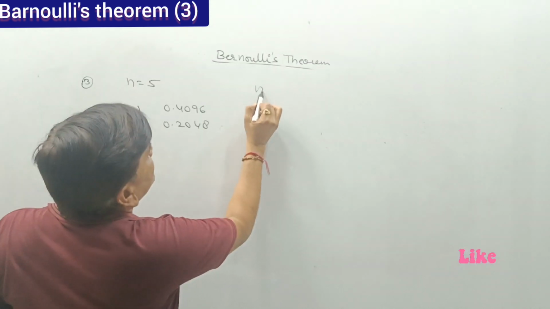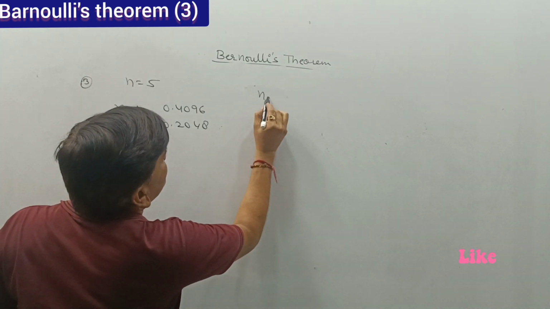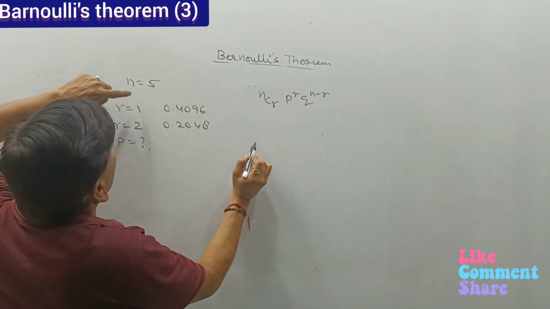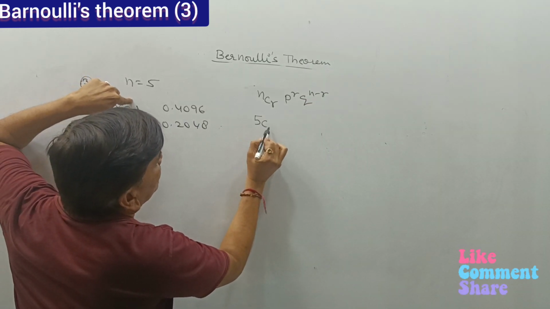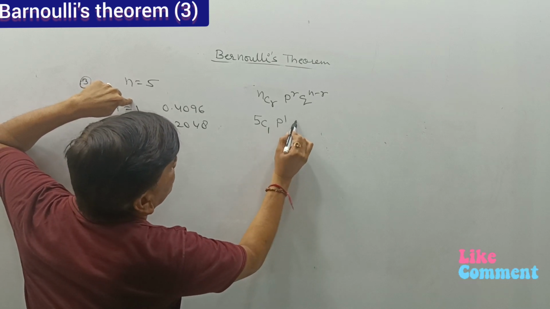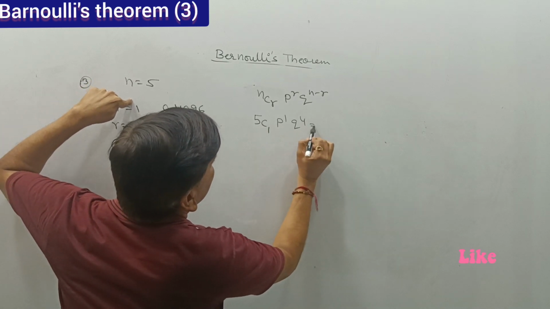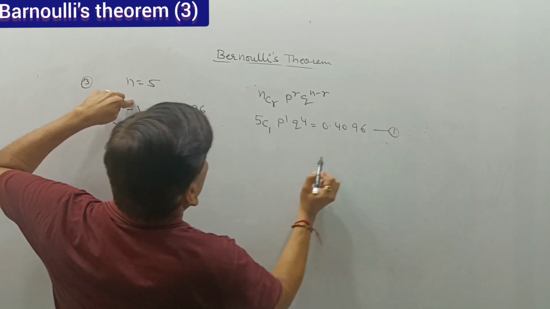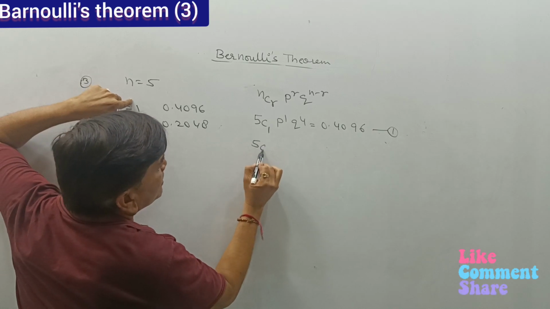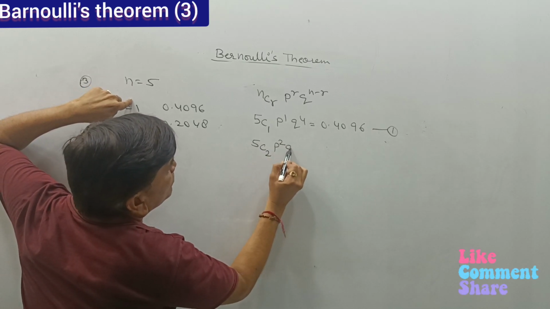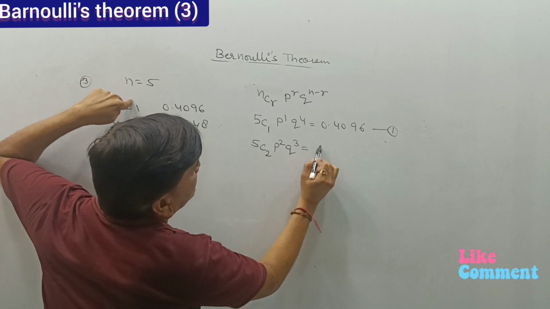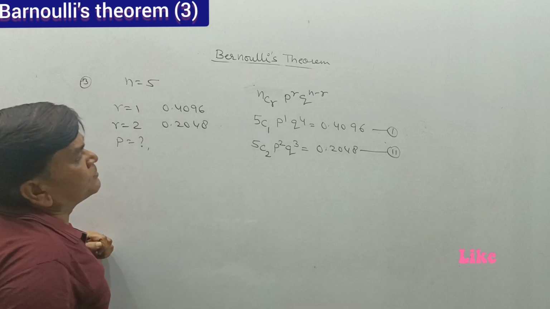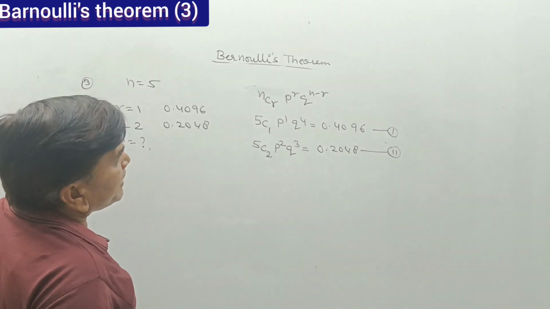So the Bernoulli theorem is nCr, P raised to power r, Q raised to power n minus r. So the first one: 5C1, P raised to power 1, Q raised to power 4, and this is given as 0.4096, equation number first. And 5C2, P raised to power 2, Q raised to power 3 is given as 0.2048, equation number second. So by dividing first and second,